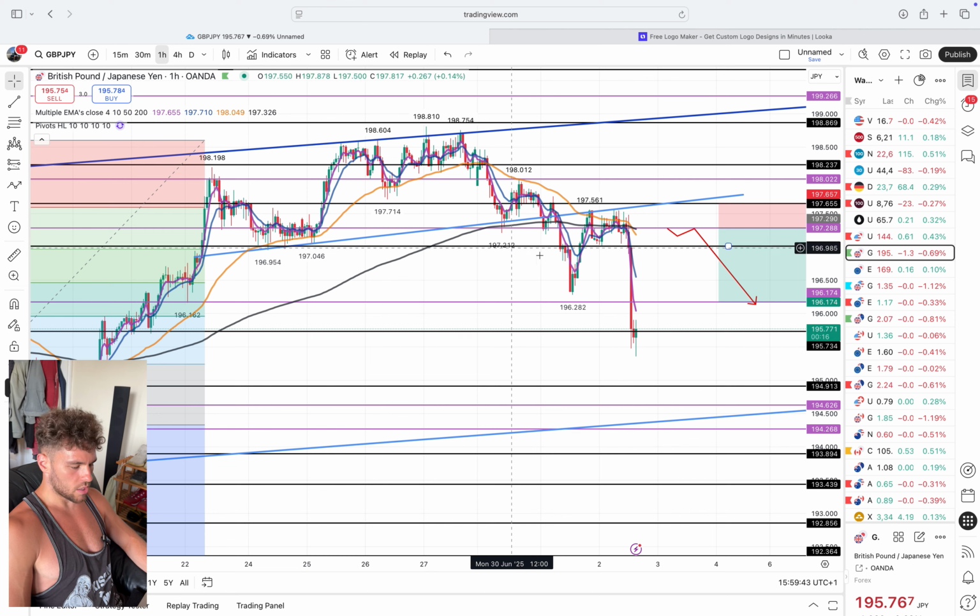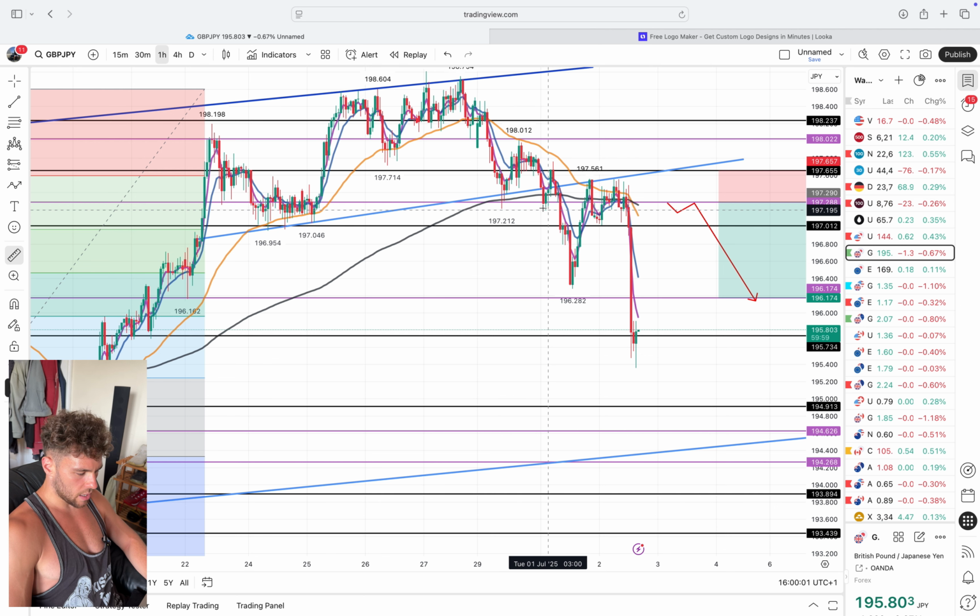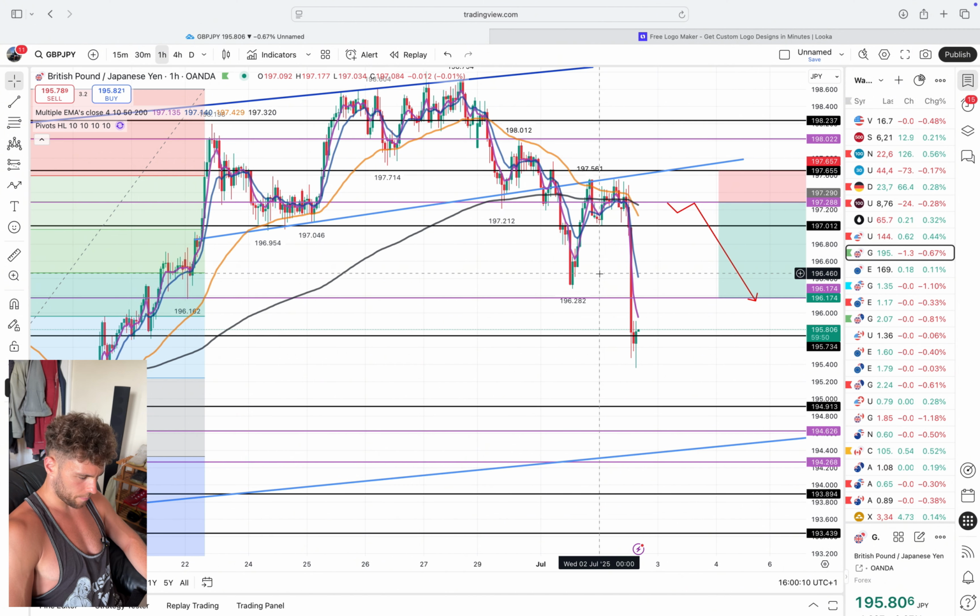So previous day, I was actually looking for the sells at this level, but as you can see, I did not get an entry. Let's zoom in here. I got an impulse candle, this impulse candle here. I was waiting for the break and close underneath this area to get in for sells, but it never gave me the sell opportunity. It just fell all the way down to almost my final TP there. But throughout the day as it went on, we got a sharp reversal back to the upside,